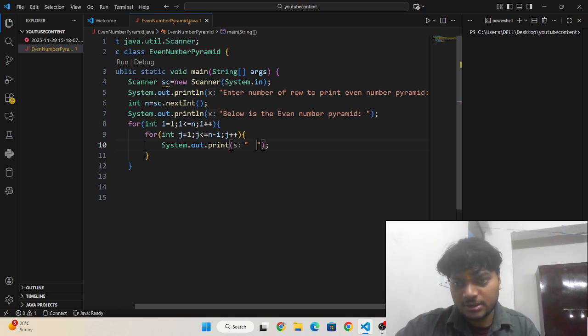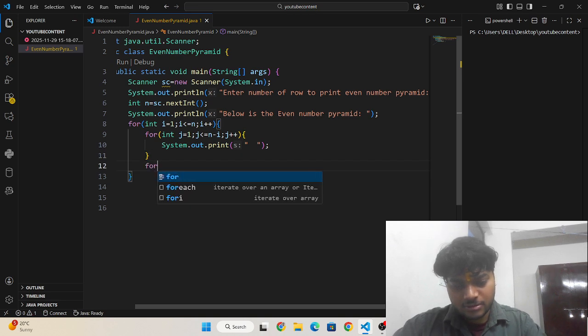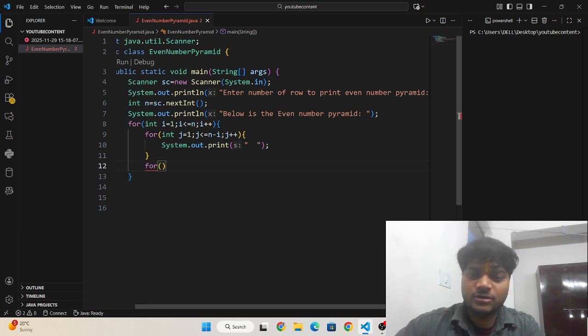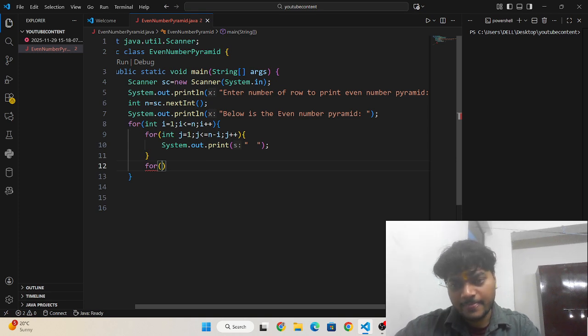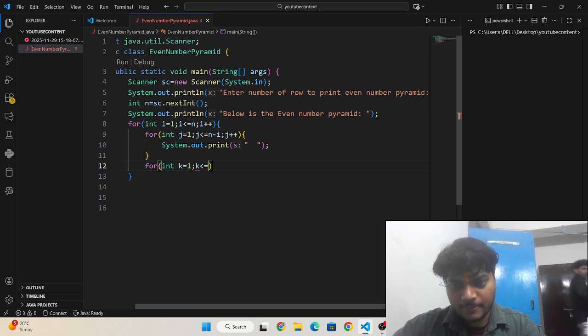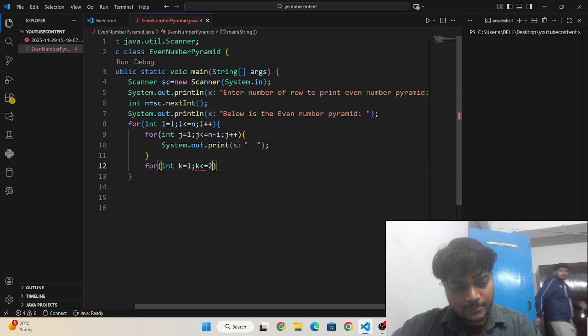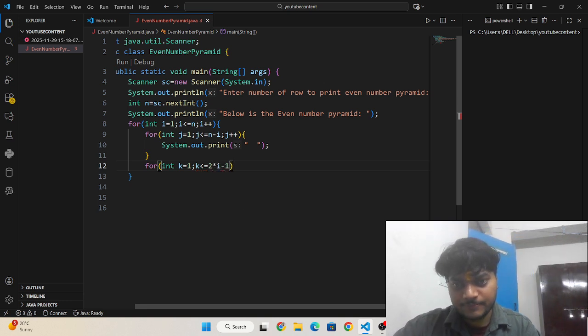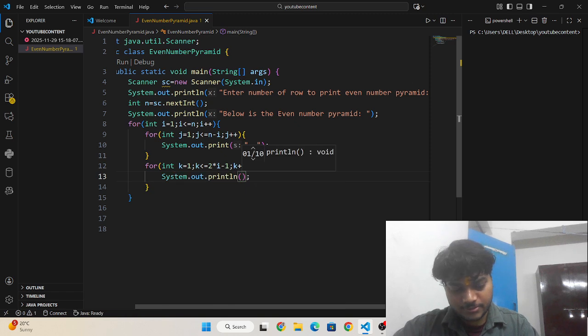Then I'm going to write the second inner loop which will print the elements in each row. So I write for int k = 1, k <= 2 * i - 1, and k++. Then I print a plus 1 space.